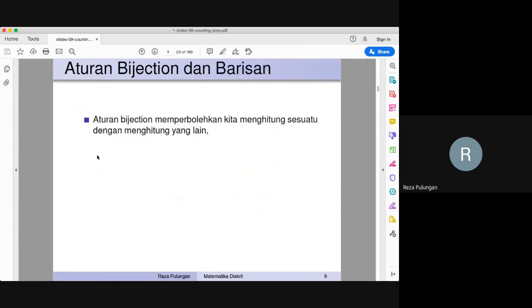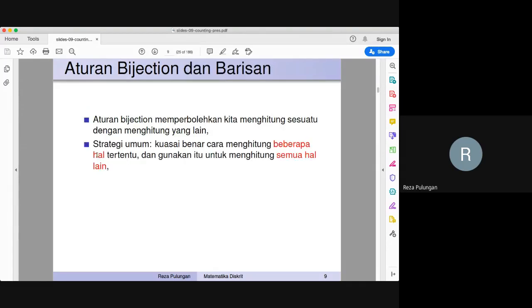This is basically the first rule. The first rule allows us to count something by counting something else. So our general strategy is to really master how to count a couple of things, based on rules. There are around 12 rules that we are going to see in this lecture, and then use them to count any other problem.